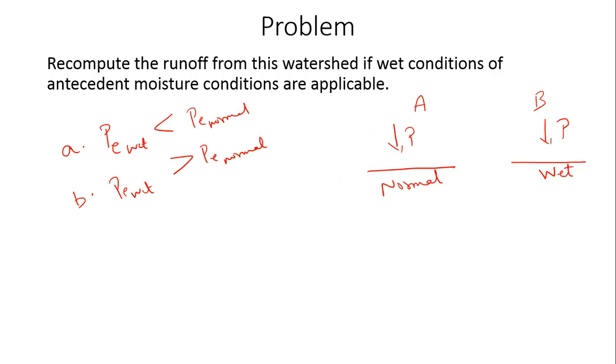For the normal case, because the soil is not wet, it is at normal moisture conditions. Because the soil is at normal moisture conditions, it can infiltrate more, which means it has a higher infiltration capacity. If it has a higher infiltration capacity, it will take longer for that soil to reach a state where the rainfall intensity will be greater than the infiltration capacity of the soil. So if that is the case, then the time of ponding for normal will be greater than the time of ponding for wet.